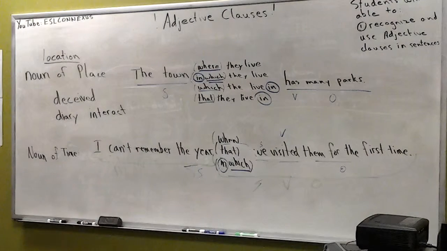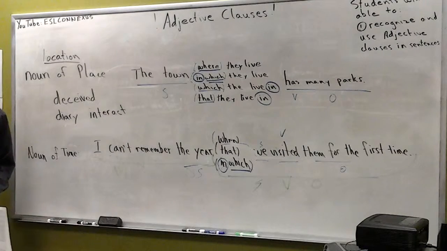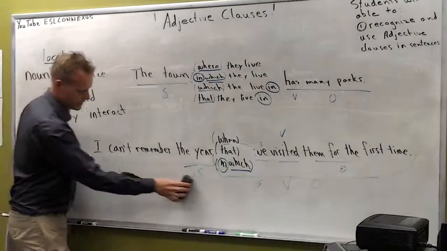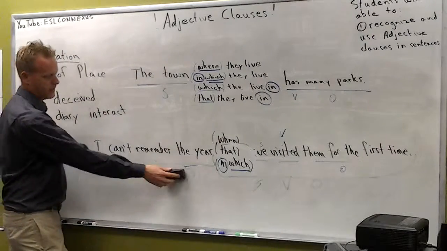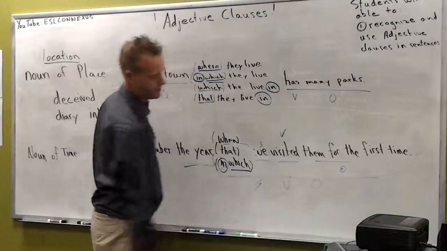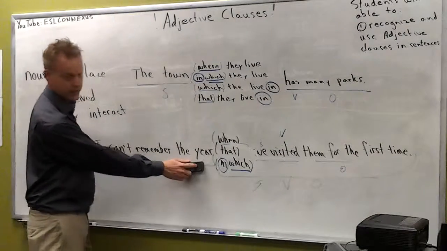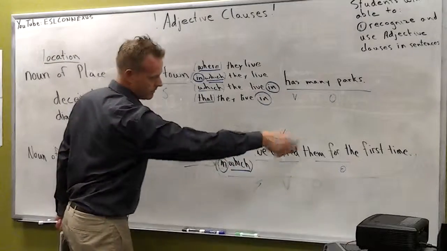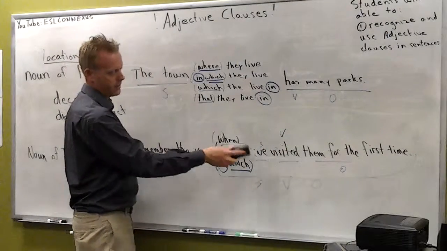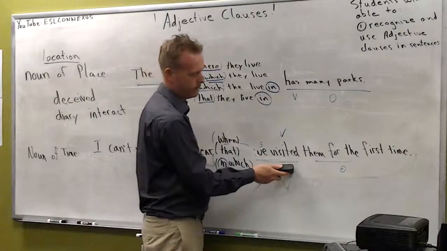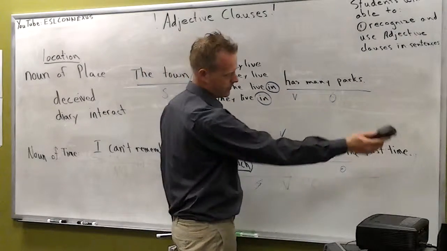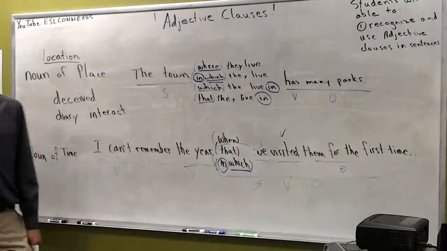How come two subjects, two verbs? There isn't. This is not a subject. That's an object. Subject, verb, object. How come three in one sentence? Three what? Two subjects, two verbs, two objects. There's two clauses. There's an independent clause: subject, verb phrase, object. And this is our adjective clause over here. You have your relative pronoun, your subject, your verb, your indirect object, and then a prepositional phrase of time on the end.